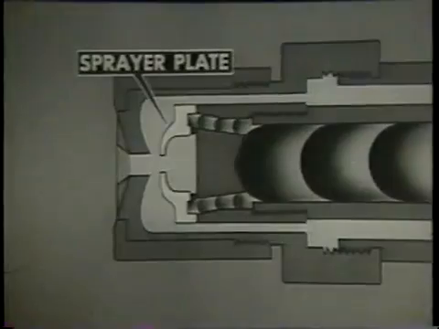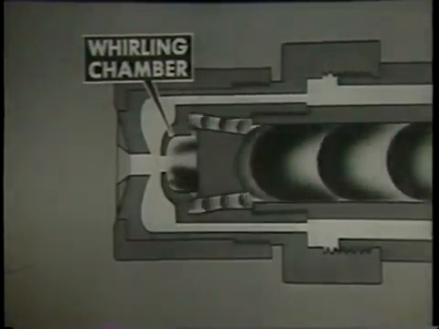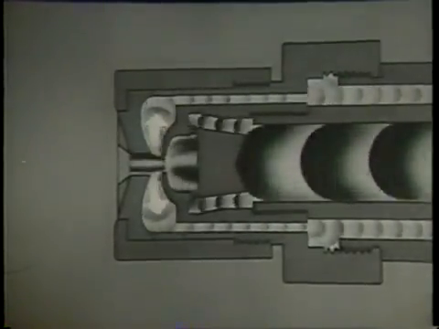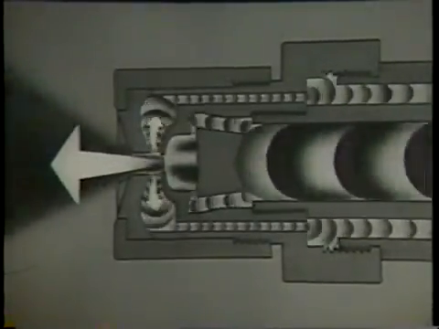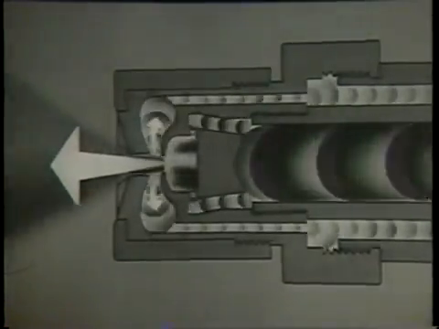The oil, heated and under pressure, is forced through the inner tube of the burner barrel to the sprayer plate, where the oil is rotated in the whirling chamber. The oil leaves through the sprayer plate orifice. Centrifugal force sends some of the oil into the return line and back to the fuel oil pump. The remaining oil continues through the orifice into the furnace. At the burner's maximum firing rate, practically all the oil enters the furnace. At the minimum firing rate, practically all the oil